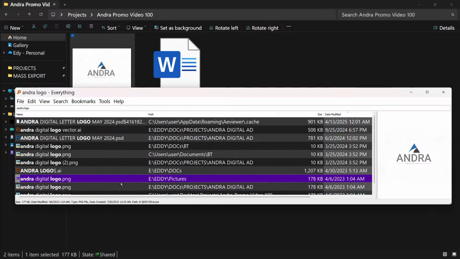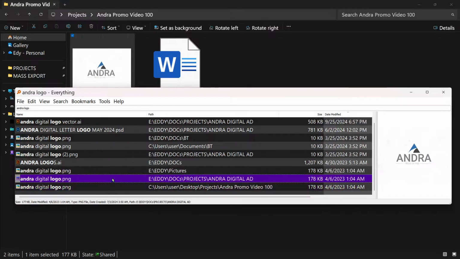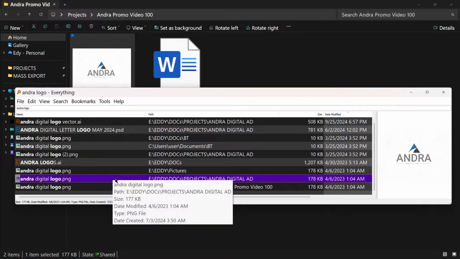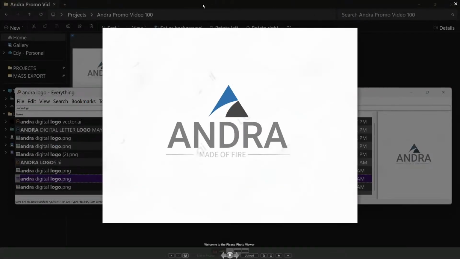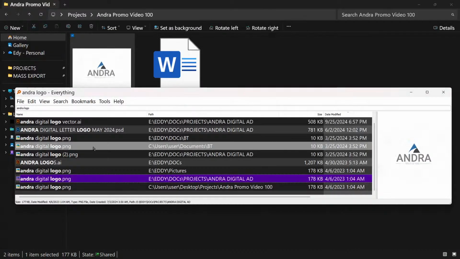So I think now I could simply open this up to view. You could double click, right? And it's going to open up. I am using Picasa Photo Viewer here, which is really great. It's very minimalistic for me. But I could see that this is not transparent. Now, if I go to other ones,